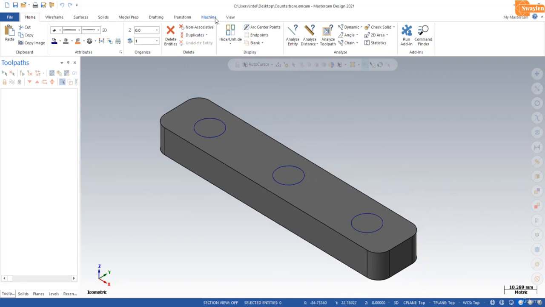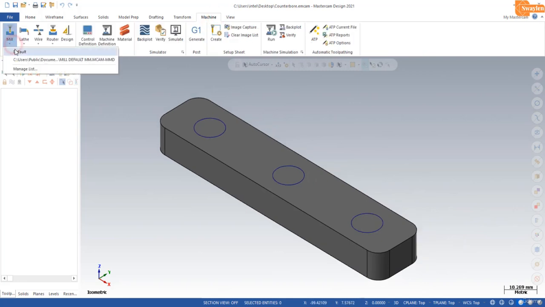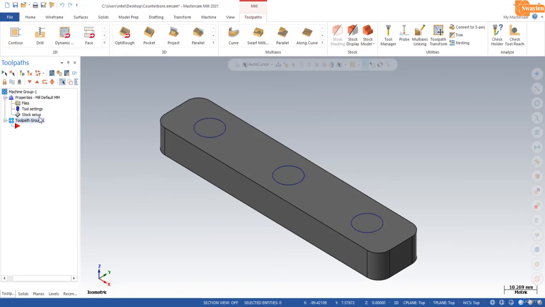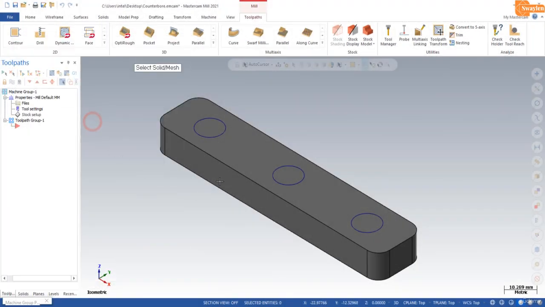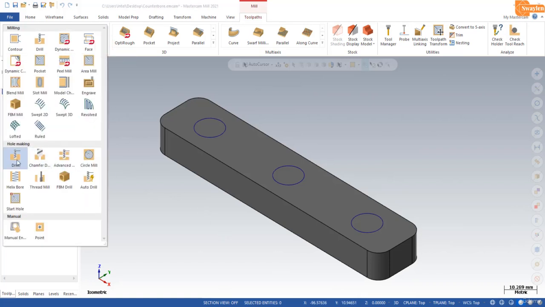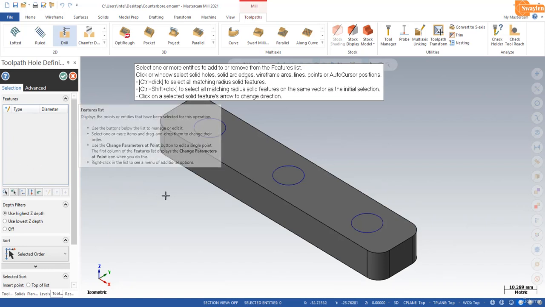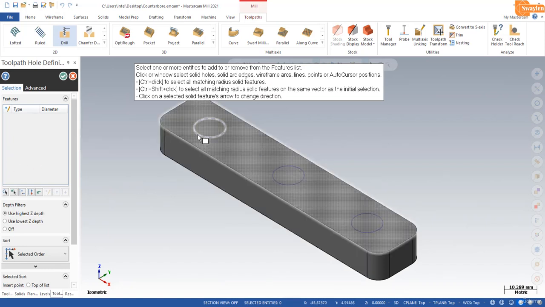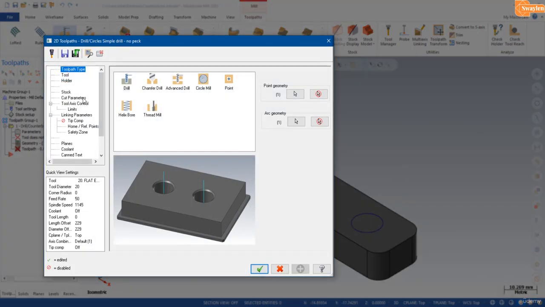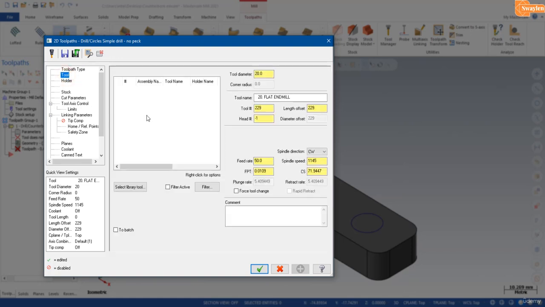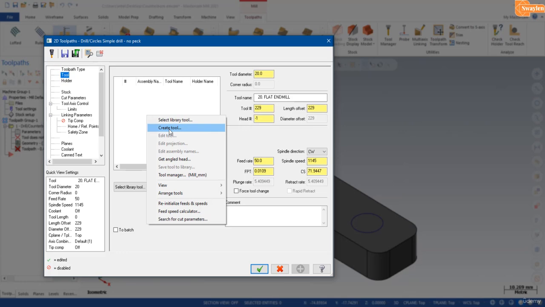First of all, set the machine, mill, default, and set your stock. I will click on stock setup, solid object, and select this object. Okay, now click on drill, select this geometry. Okay, now point geometry is done. For selection of tool, just right click, create tool,